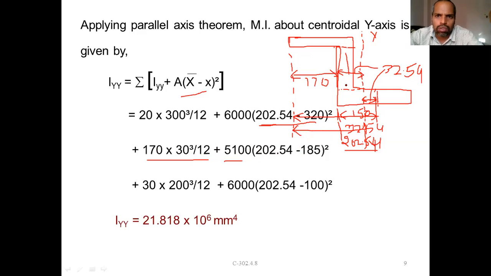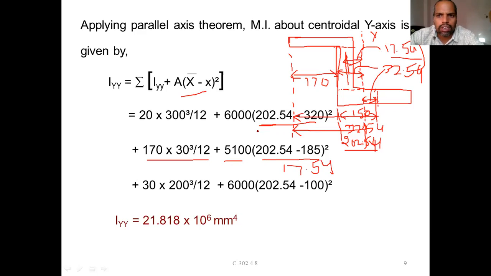the distance, again from here to here. We need this distance. Okay, so how to calculate this distance again? Very similar: from here to here it is 32.54. So 32.54 minus 15, which ultimately you will get 17.54. Okay, 17.54, that's all you get. Like that you have to calculate; this is nothing but 17.54.